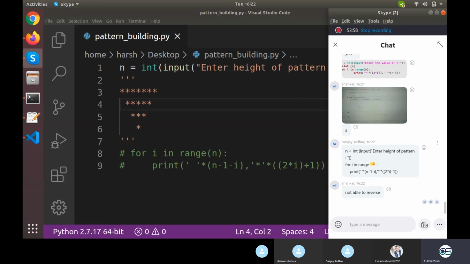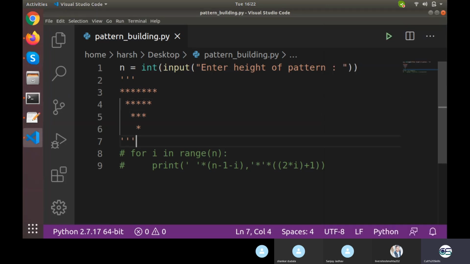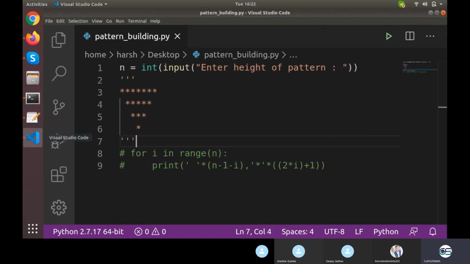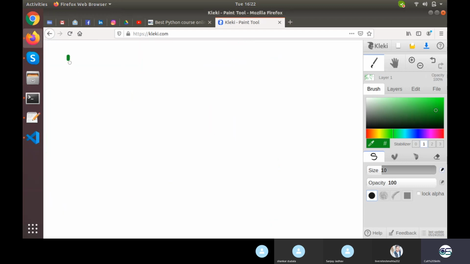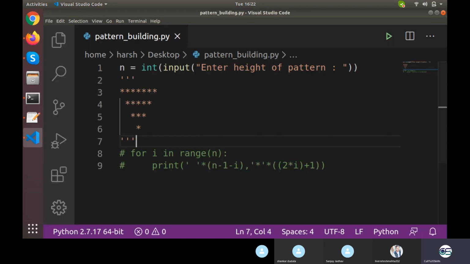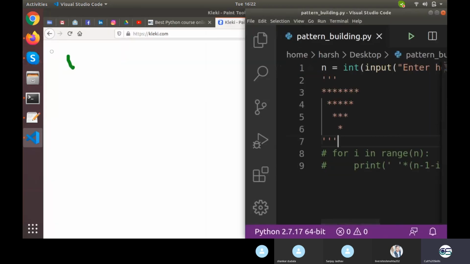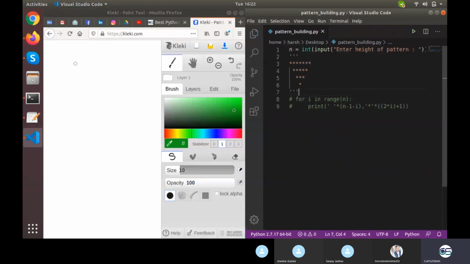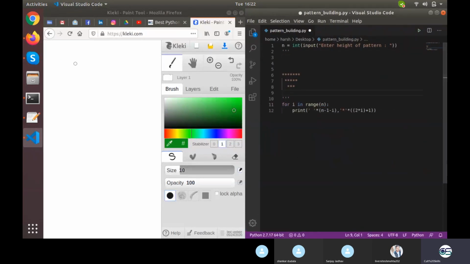Okay, fair enough. So let's come to derive the logic. I won't be making any graphical representation right now. I would just be heading on to the value of I. Firstly, keeping it clear, n is equal to 4.